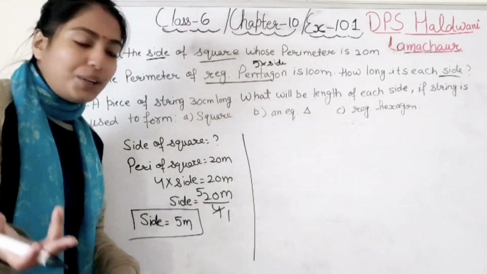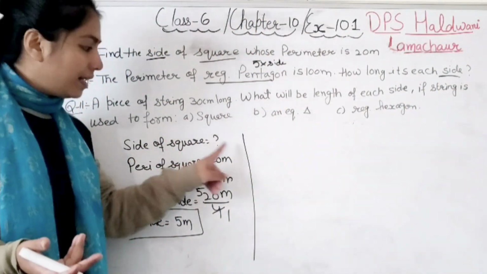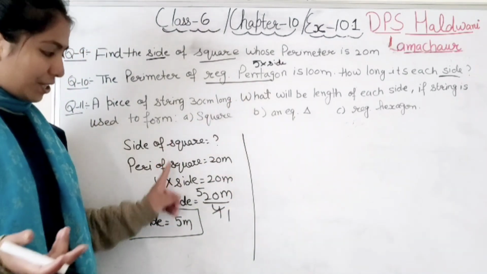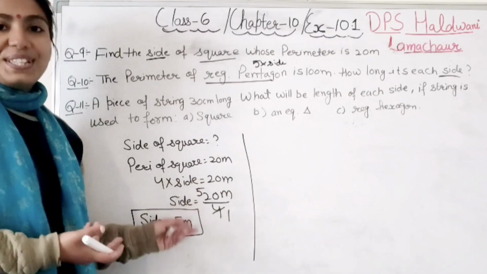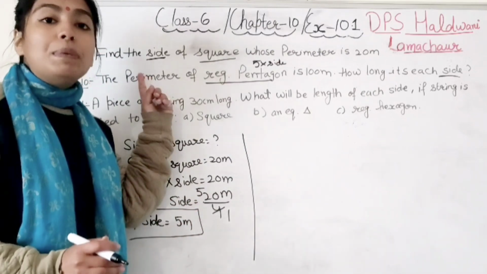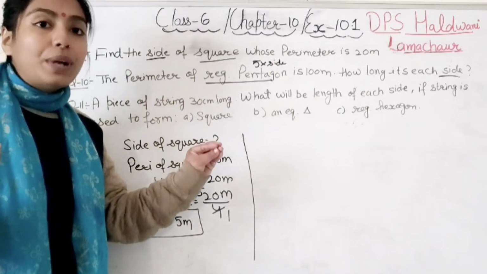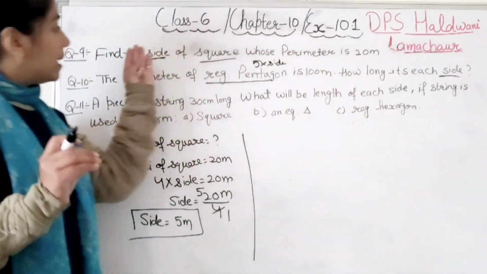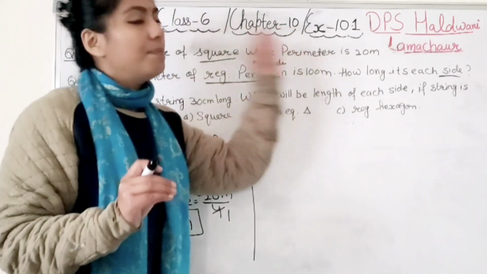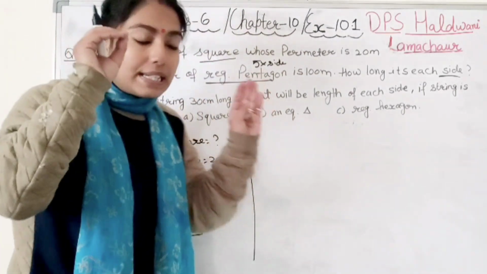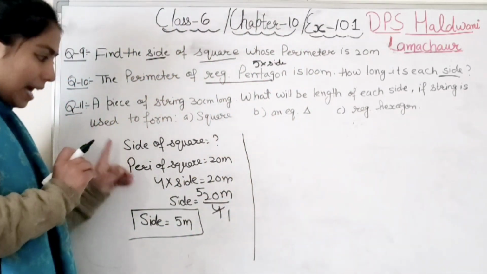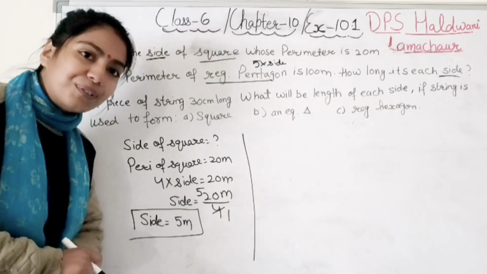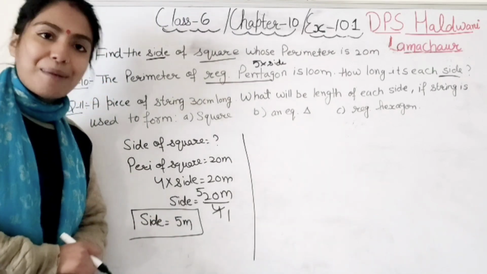So same method only. Side of the pentagon, we don't know. Perimeter of the pentagon we know, 100 meter. So 5 into side. In the same manner, only the word problem is different. The method to write down the word problem is different. Here perimeter is given first, side is asked later. Here side is asked first, perimeter is given later. So you need to understand, write it calmly: what is given, what is asked, accordingly put the formula and then solve. Right, student? Don't cram the things.